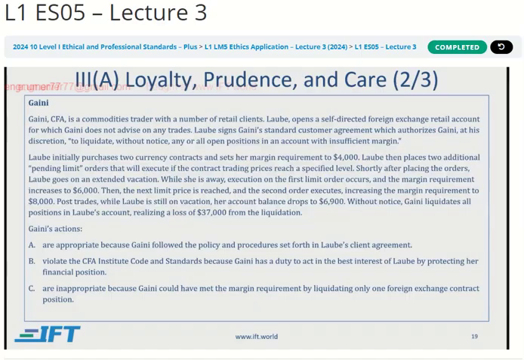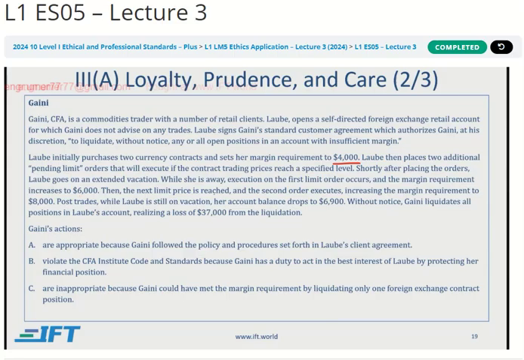Laube initially purchases 2 currency contracts and sets her margin requirement to 4,000. Laube then places 2 additional pending limit orders that will execute if the contract trading prices reach a specified level. Shortly after placing the orders, Laube goes on an extended vacation. While she is away, execution on the first limit order occurs and the margin requirement increases to 6,000.